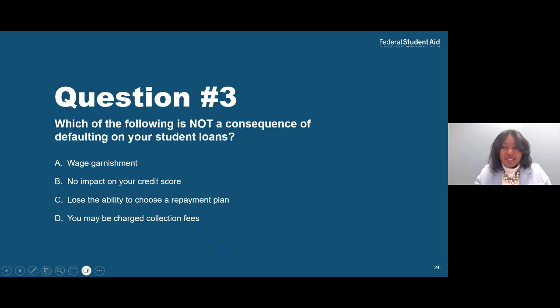Okay, let's see. What do you think? Is it A, B, C, or D? What is not a consequence on defaulting on your student loans? All right, let's see what the answer is.